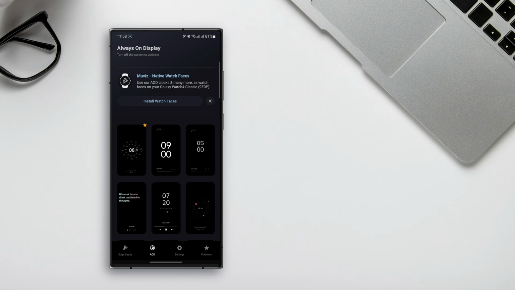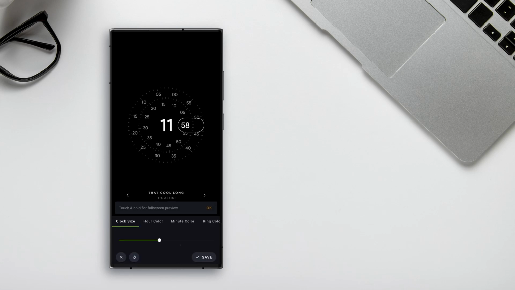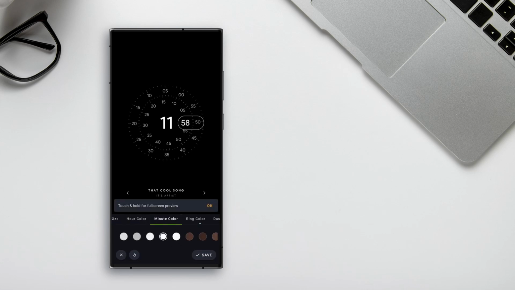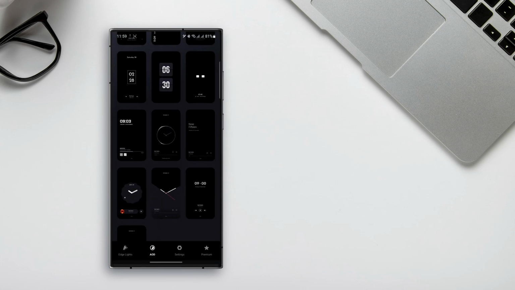Okay, there's no reason that the always on display on Galaxy devices shouldn't look good. You're not going to find these settings in your phone. They look so cool, so unique. They show you the time, the date, and even the music that's playing. In fact, you get AOD notification as well. The app is called Muviz Edge and it basically gives you a ton of these always on displays that you